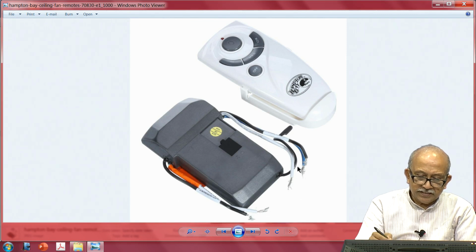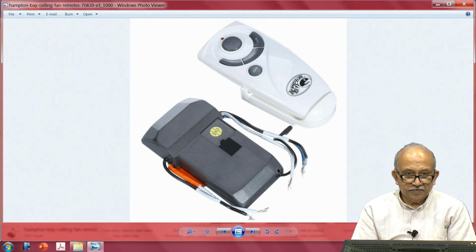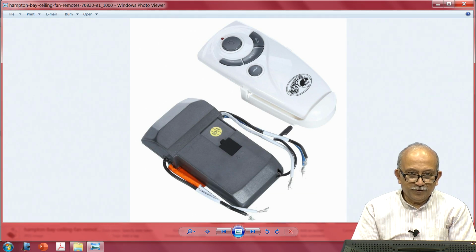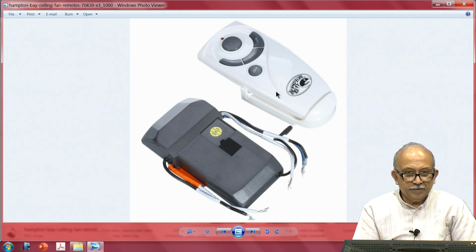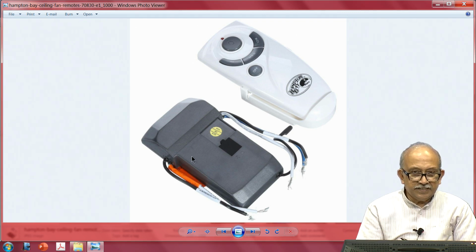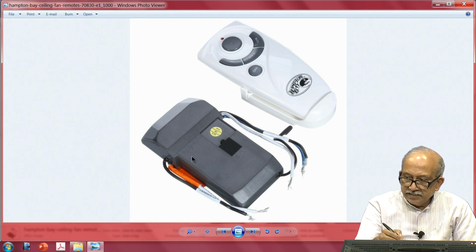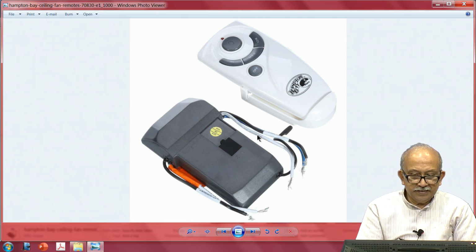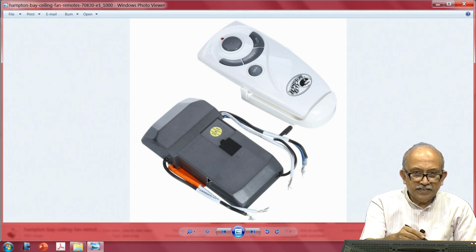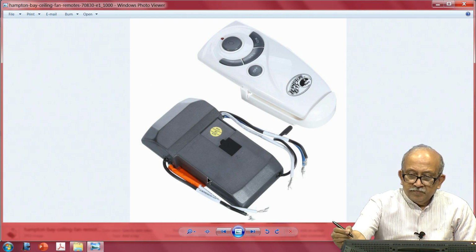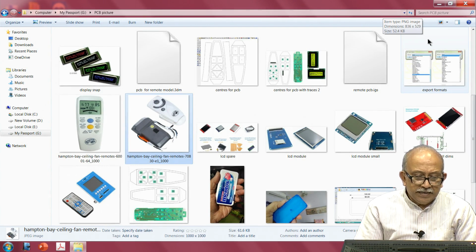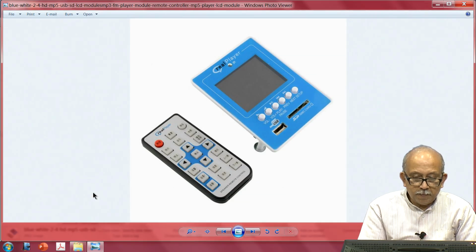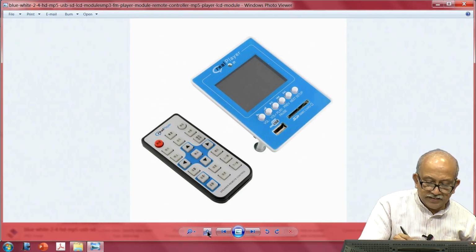Next, what are all these wires and what is it? I think now you know what it is. This and this are the front and back. This is the receiver which receives all the RF signals, and this is the connections to the various loads that they have. So, if you look around, you are likely to see so many of these things here. Oh, what do I have here again?